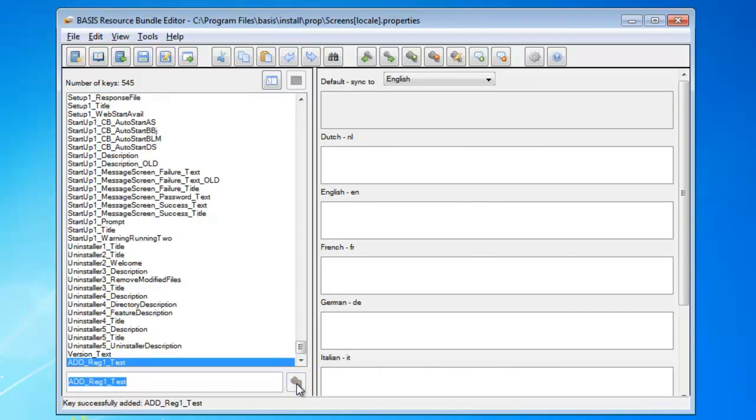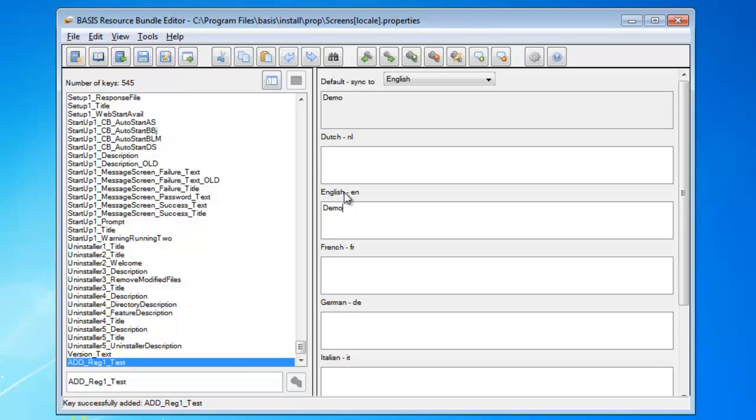And once I press the tool button to add the key, sure enough, the values are initialized. And since I know English, I'll go ahead and add the English value. As a developer, I would continue to do this, adding and modifying keys for the languages that I know. And I would simply make this program available to my professional translators in order to get the values for the